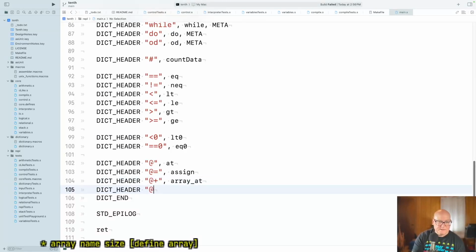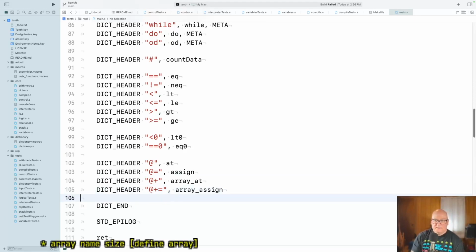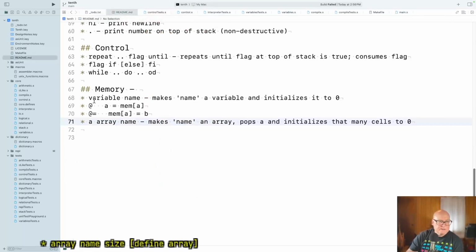At plus equals array assign. Nope. I don't think that, well, it changes documentation, but it doesn't change anything else. Okay, so we need at plus